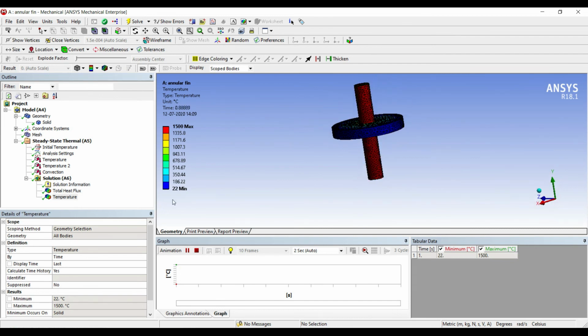So this is how an analysis is to be done. I hope you have understood the numerical. I'll be solving 2-3 more numericals on annular fin. Just go through all of them. You will understand annular fins in depth, and annular fin has a lot of applications. I have already discussed it in my first video. Please go through it. You will understand the fins in depth and you will understand its wide application in nature and also in many other fields.